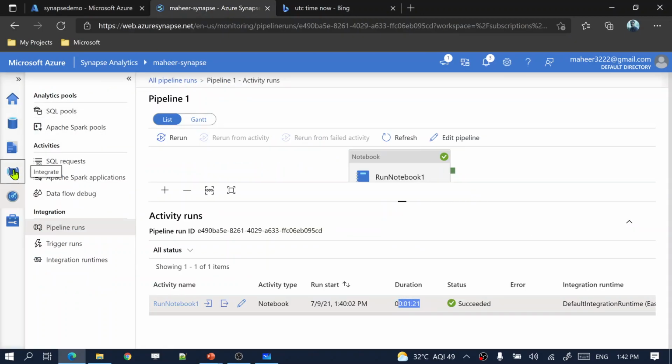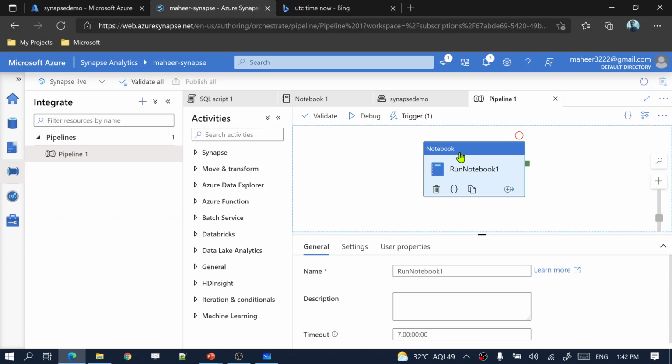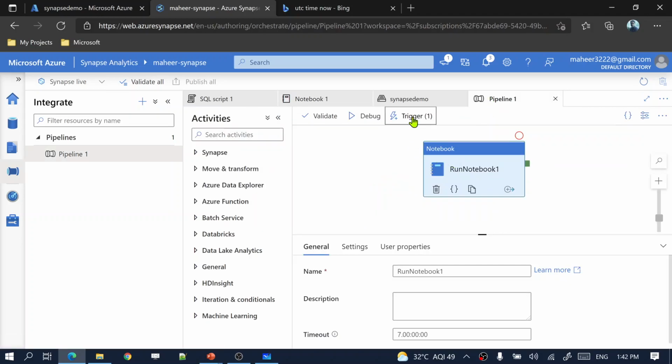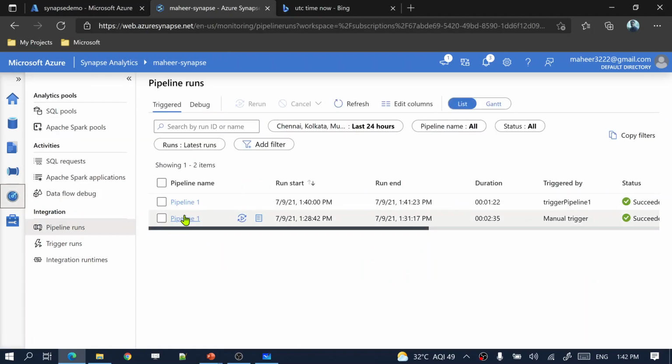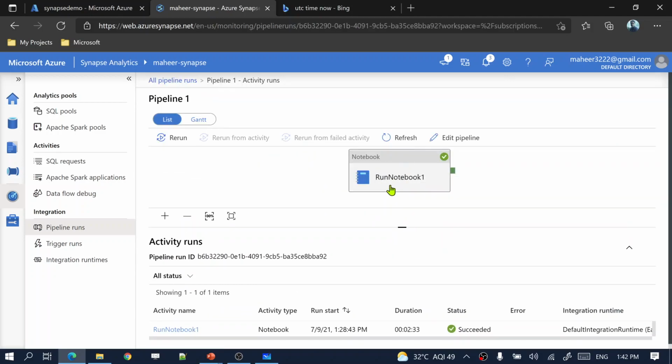So I hope you now understood how to create pipelines in your Synapse workspace under the integrate tab, and how you can use any activity inside the pipelines. We discussed the notebook activity this time to perform the task, and this activity executed my notebook, this notebook one, to create CSV and Parquet files on our storage accounts. We also saw how to manually initiate your pipeline run by clicking manual run, or how to schedule it using triggers. You can add a new trigger here like that, and monitor your pipelines under the monitor tab, and see the activity executions inside that pipeline by clicking the pipeline name and going inside that pipeline run, right? You can see your activity execution as well.